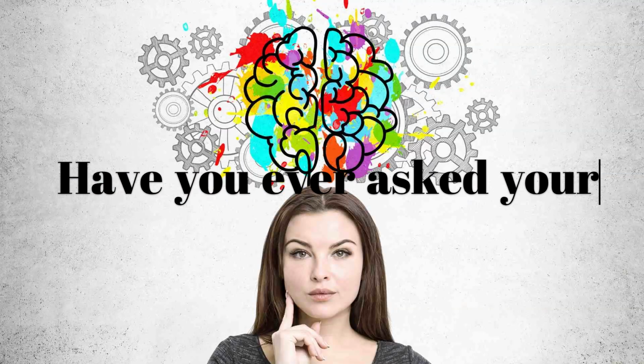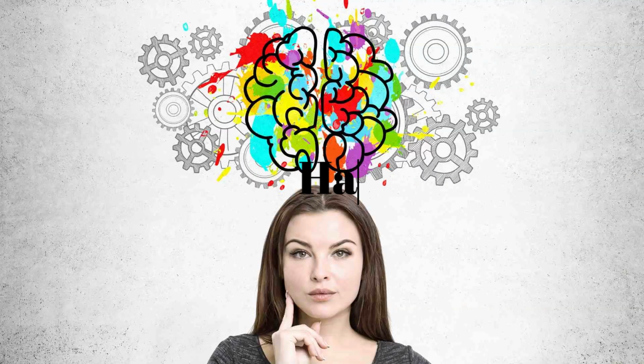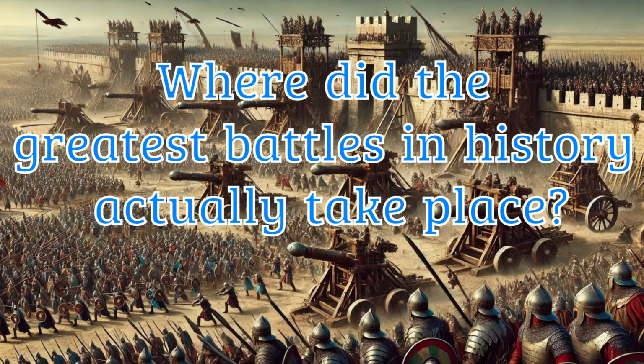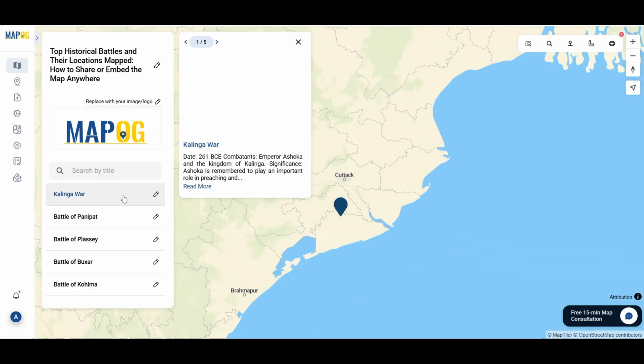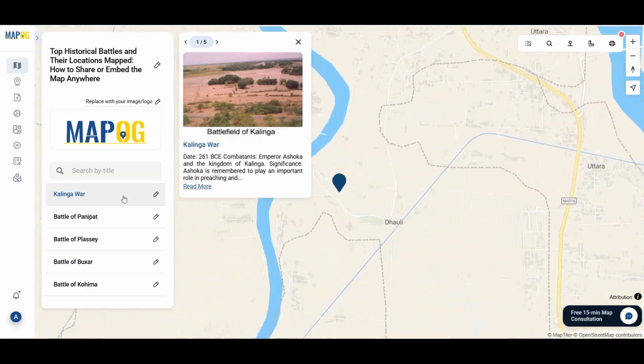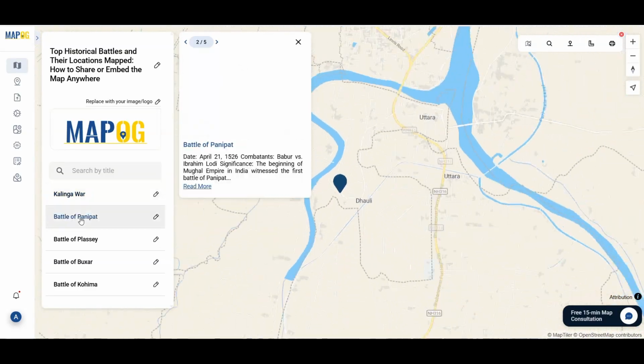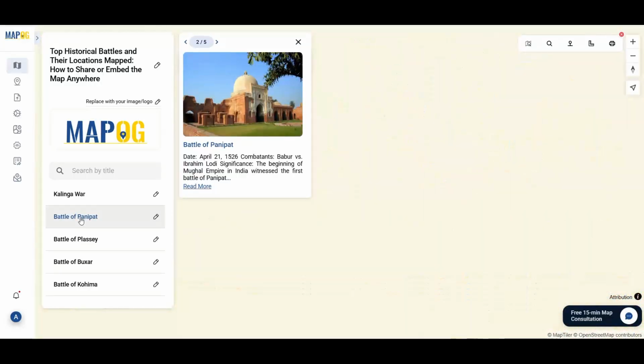Have you ever asked yourself, where did the greatest battles in history actually take place? Before strategy, formations, or victory, we need to understand location. In today's video, I'll show you how to map India's top historical battles and their locations using the interactive mapping platform,